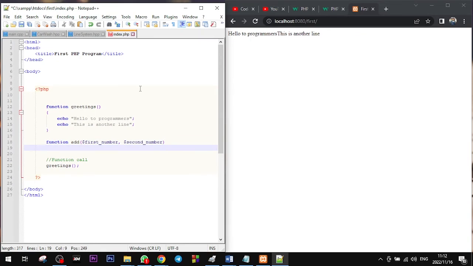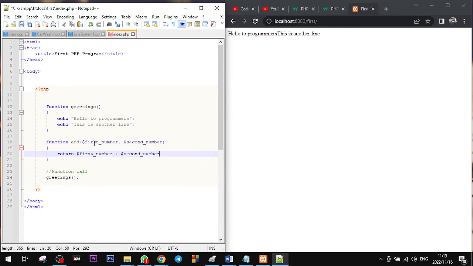Okay, and then create your curly brackets, and now what you're going to do is return a sum of these two variables here. So I'm going to say return first number plus second number,